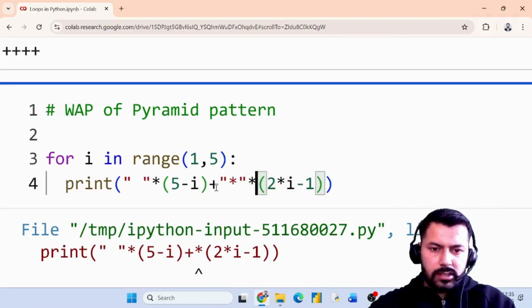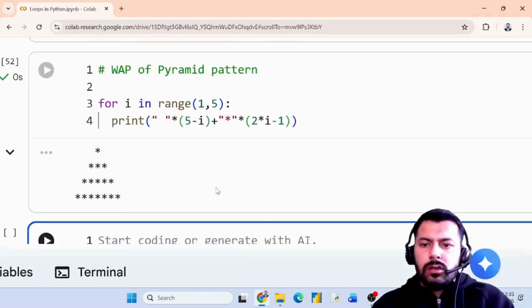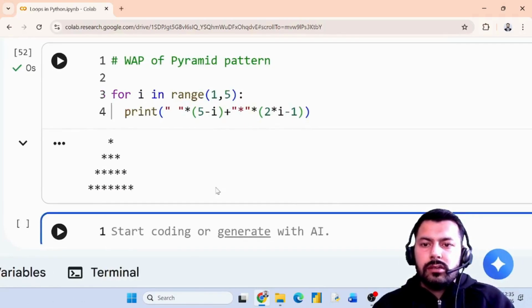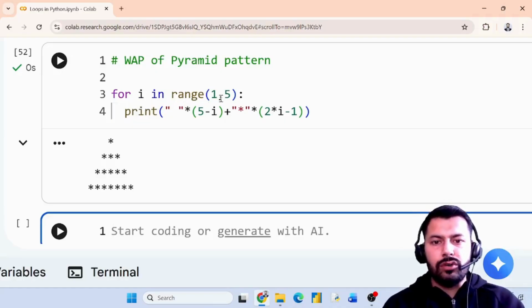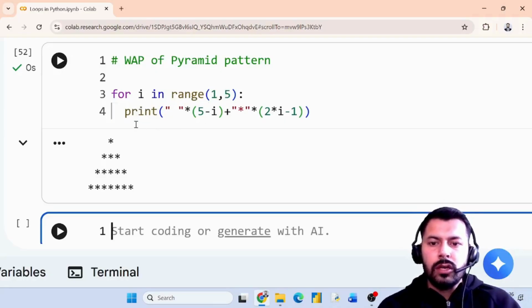One more asterisk, I think it will run. Yes. So now you can see that we have got the output for the program of the pyramid pattern. The range is from 1 to 5, so it will run from 1 to 4. Now the print, this first space which we have used here on the left side or on the right hand side, will keep on going from 5 minus I, and then